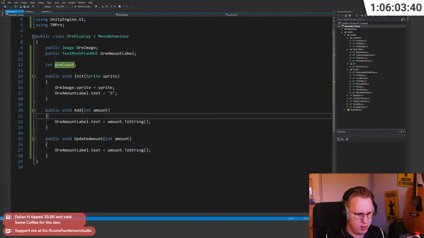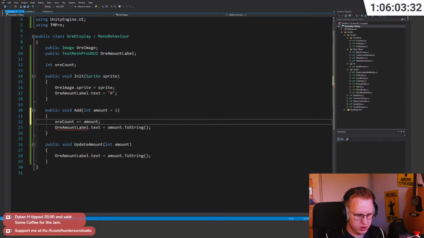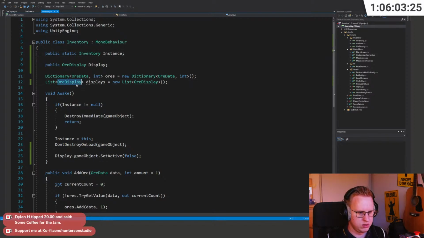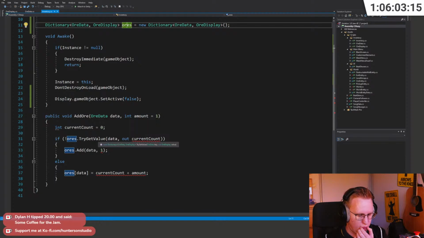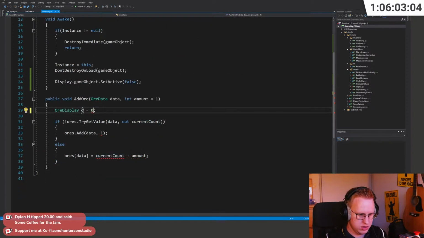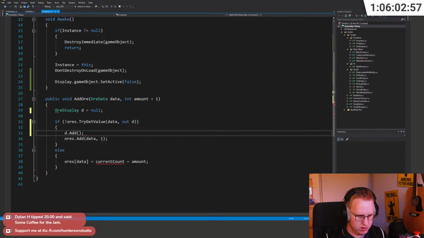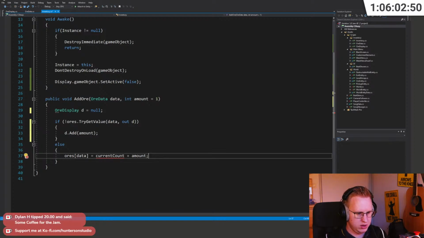OreCount plus this amount. In here, OreDisplays. Okay, AddOre. TryGetValue if OreDisplay d is equal to null. d.Add amount. If not, then